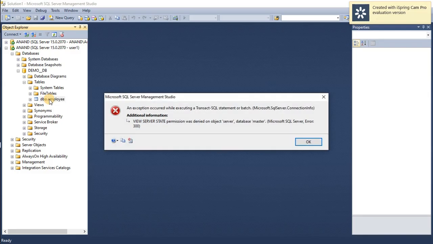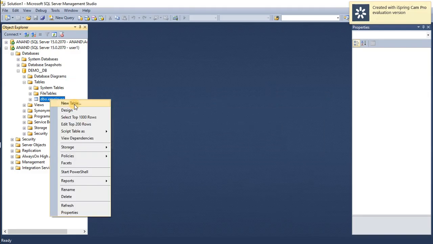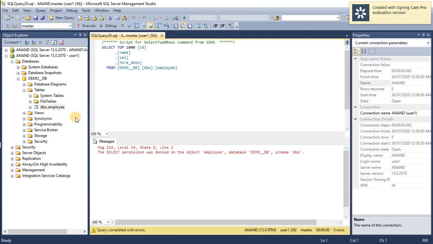But when I fire a select statement, it will prompt an error message that select permission was denied on the object employee, database demo_db.